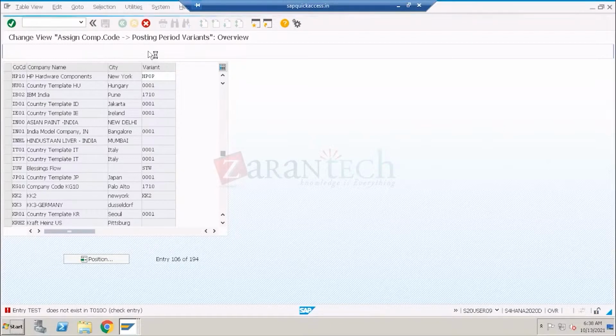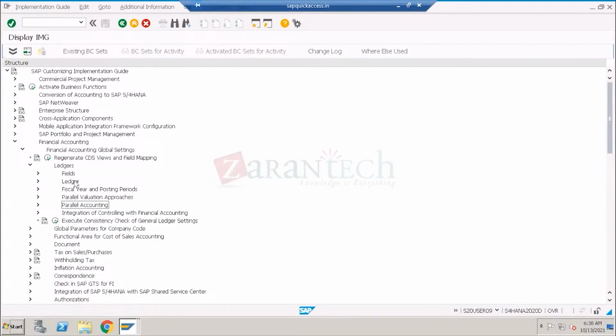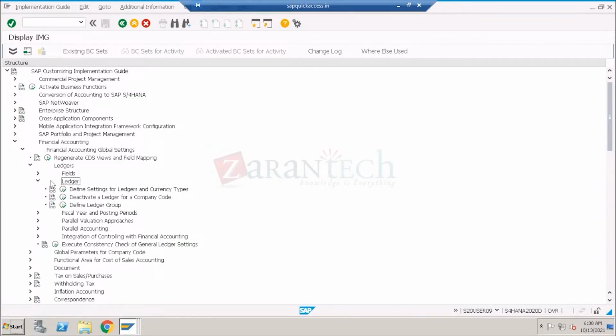This is how we have to do the example. This is how we are going to be doing it here. So we are going to be saving the data. Now, once the data got saved, go back to the ledger. In the ledger, if I go back to the settings for the ledgers and the currency types,